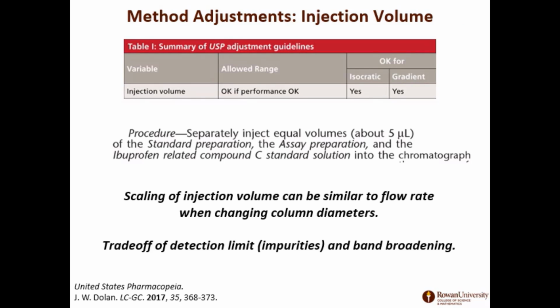Now, in terms of injection volume, generally there are instructions on what injection volume you're supposed to use, as well as how many replicate injections you do. That's typically more in terms of the system suitability criteria and the qualification and validation of the method. But we're going to talk over the next few slides about what column changes you can make. There are going to be some shifts in flow rate to accommodate changes in column diameter, and oftentimes injection volume is also scaled when you change column diameters, like you will with flow rate. And so what you're thinking about in these cases is